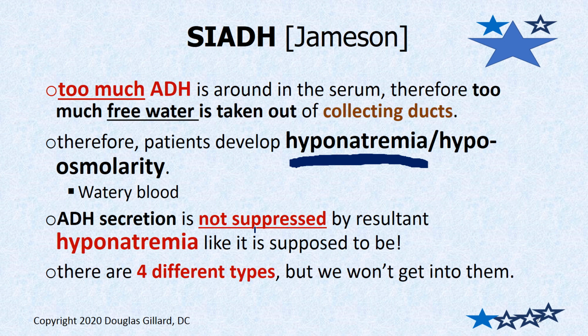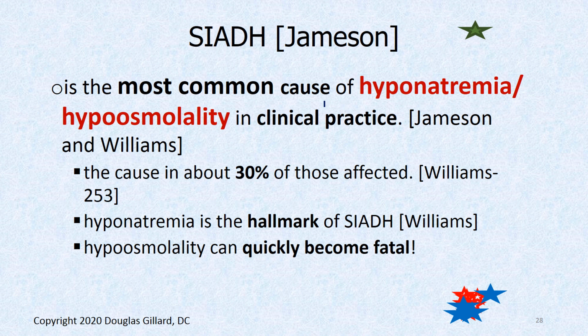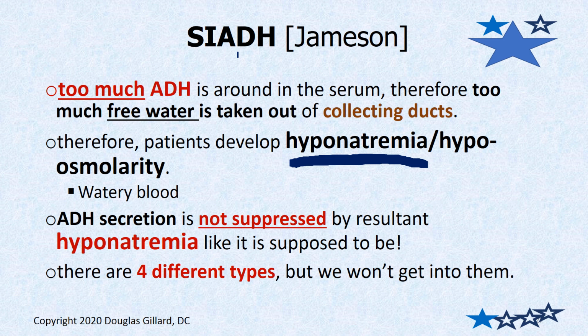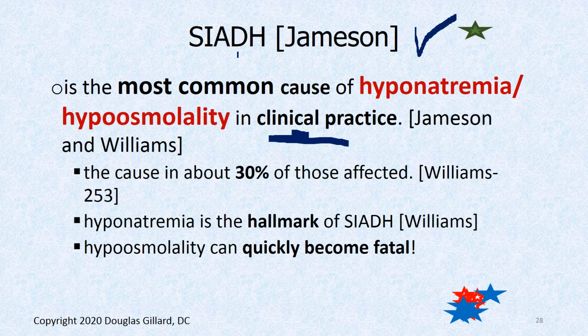There's actually 4 different categories of SIADH, which we won't get into. But SIADH is the most common cause of hyponatremia or hypoosmolarity in clinical practice. So this is important with SIADH, syndrome of inappropriate ADH secretion. You'd think they would have called it Smith syndrome or whoever discovered it, because that's kind of a long name. I mean, on boards you really have to write that out because they don't like abbreviations. Anyway,